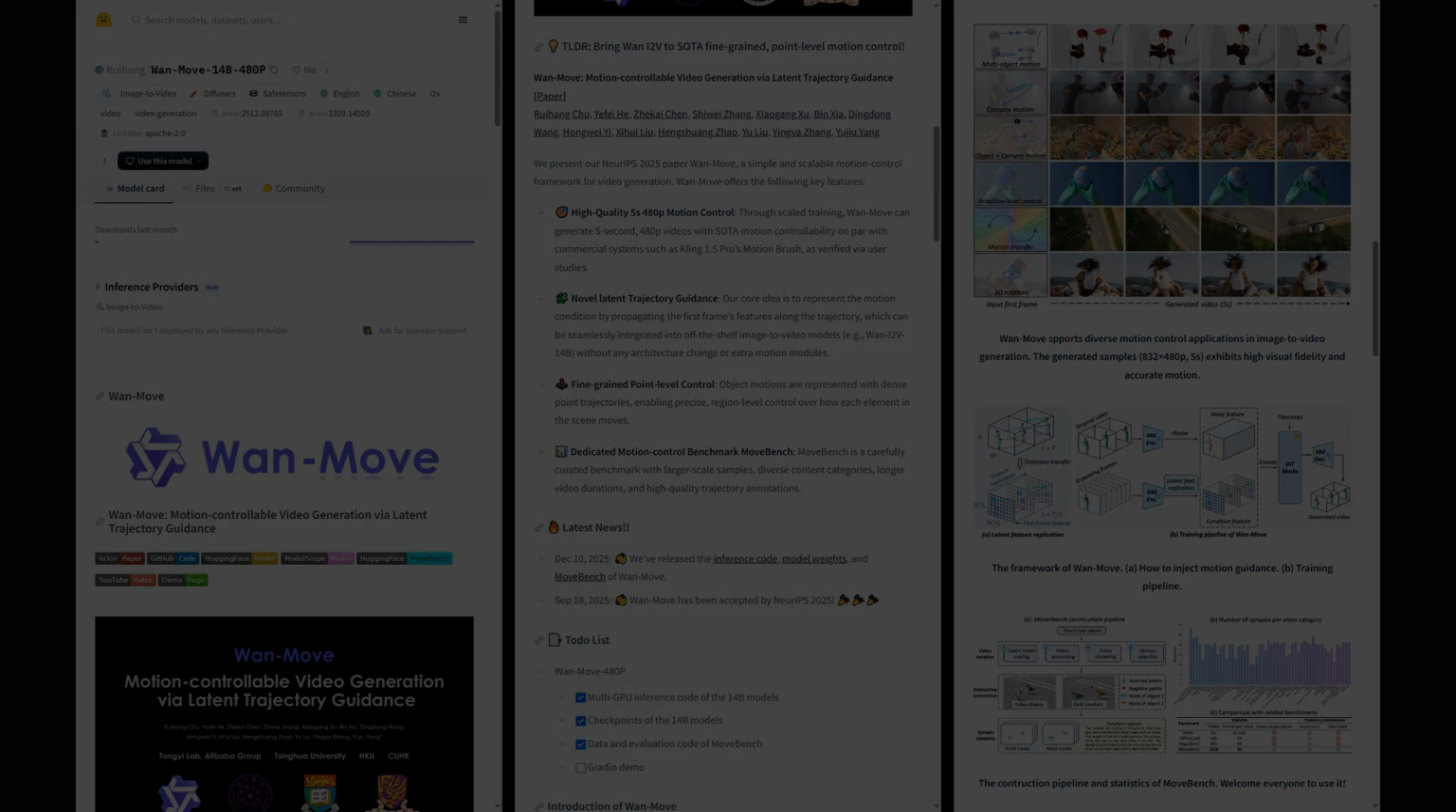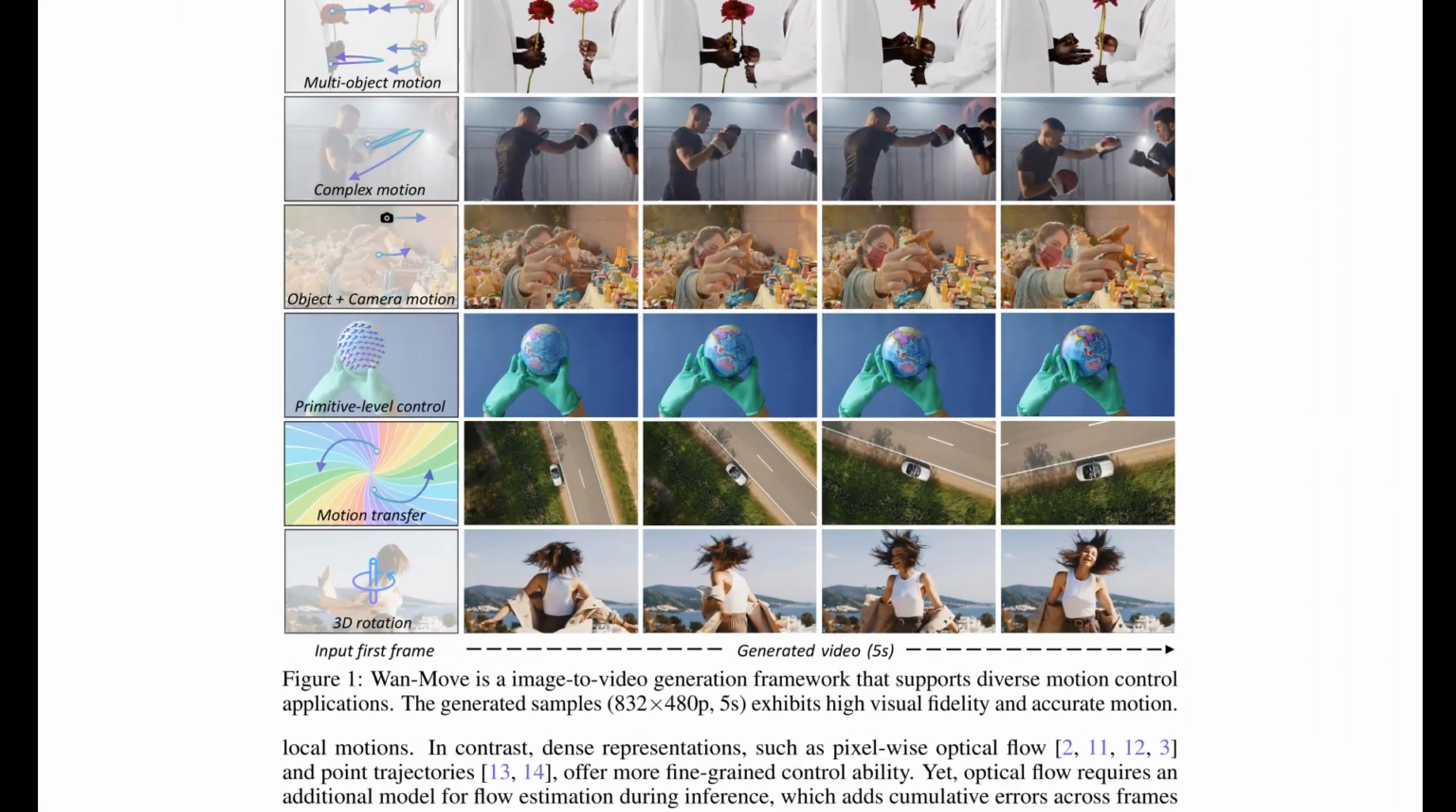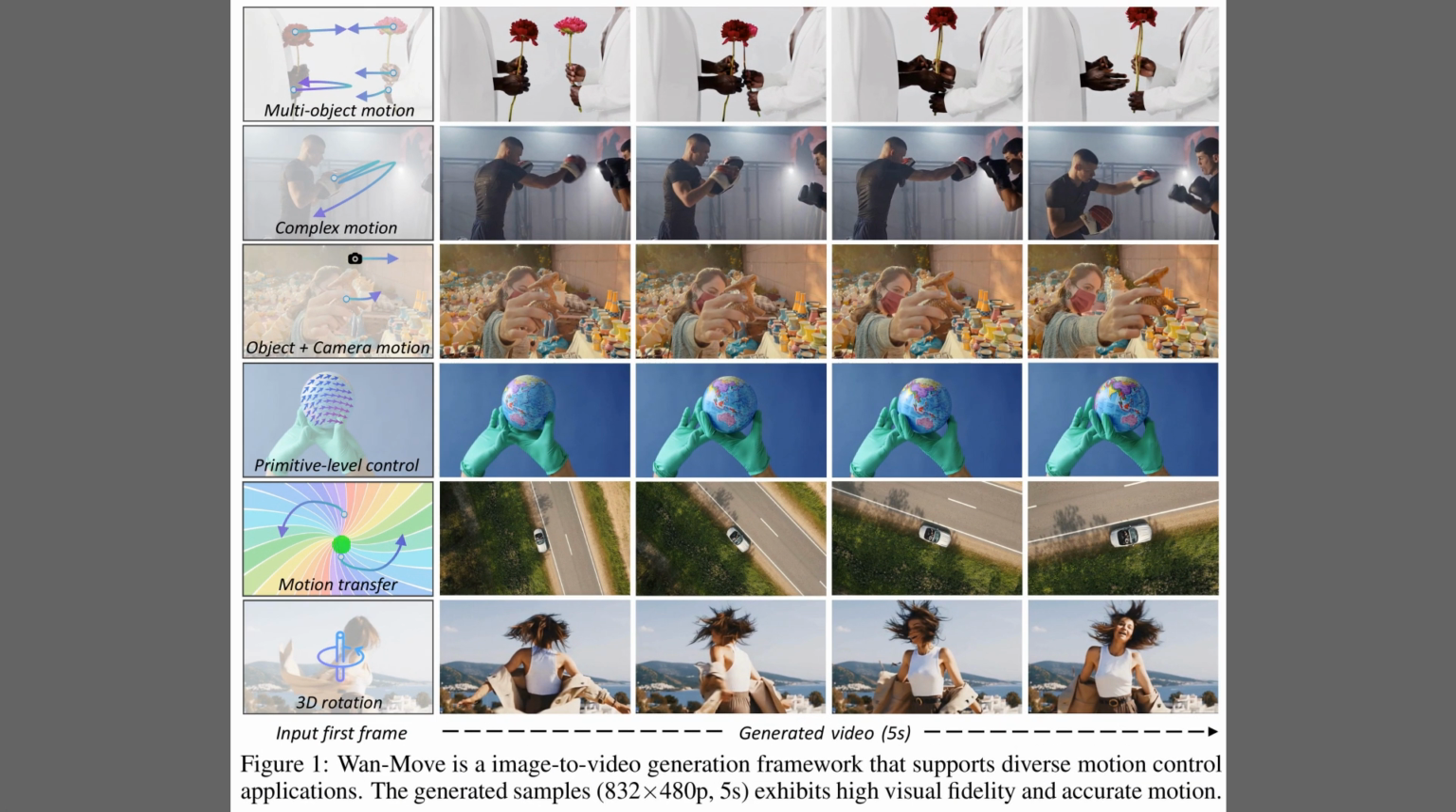inference examples. Figure 1 illustrates what Wan-Move actually enables, a single image-to-video system that can follow very different kinds of motion instructions. The left column sketches the motion controls, while the right columns show the resulting video frames, so you see that the visual quality stays high as motion becomes more complex. The first three rows demonstrate multi-object motion, complex articulated motion, and combined object plus camera motion. The next rows highlight finer controls, including primitive-level deformations, motion transfer from abstract patterns, and full three-dimensional rotation of an